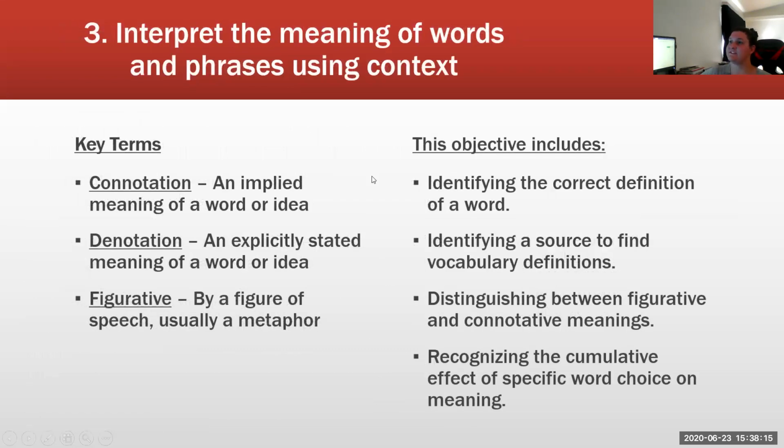Interpret the meaning of words and phrases using text. The connotation is an implied meaning of a word or idea. Denotation is an explicitly stated meaning of a word or idea. And figurative is by a figure of speech, usually a metaphor. So, like, figuratively speaking,